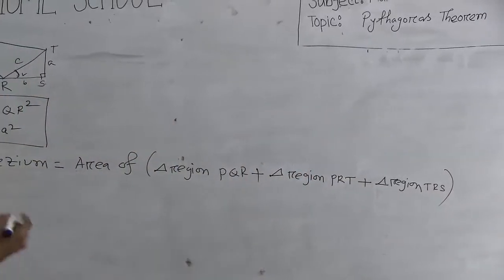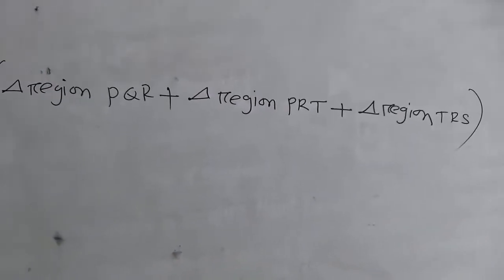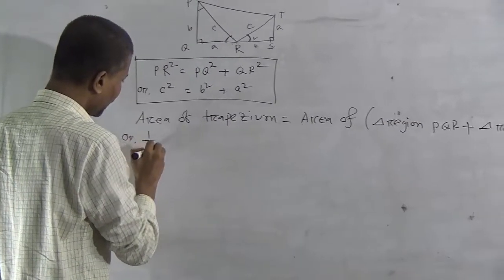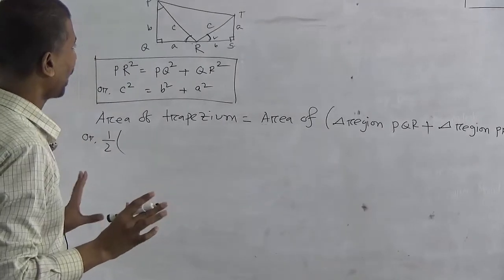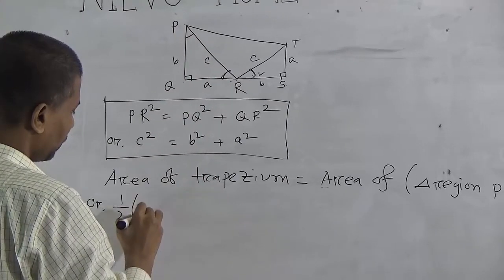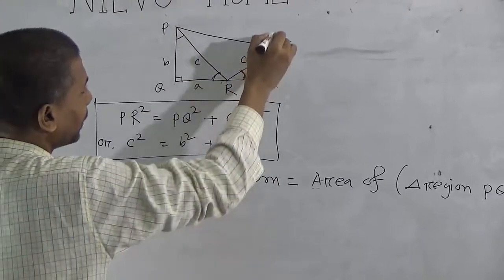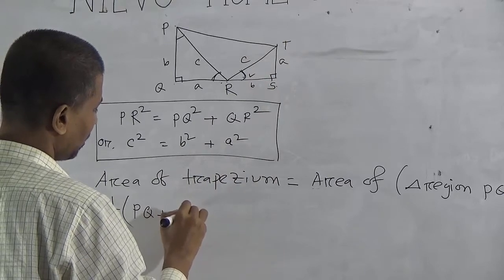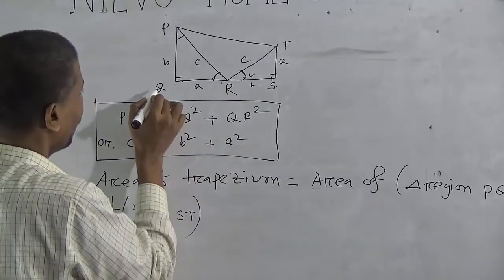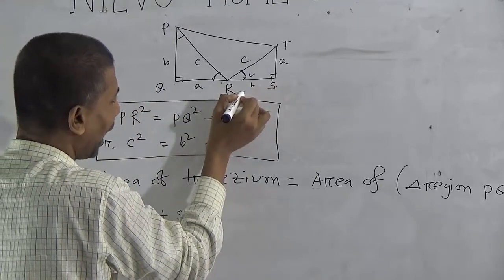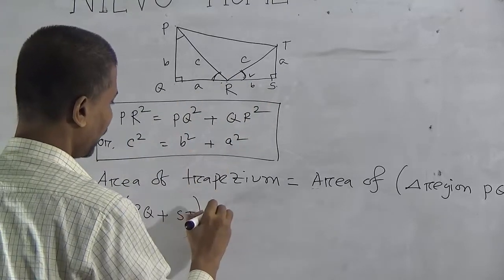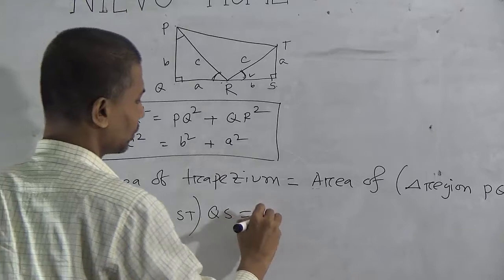Okay, or we know area of trapezium equal to half into sum of parallel sides. Look, parallel side is PQ plus ST into height. Here height is QR plus RS. That means we say simply QS. Okay, right, QS equal to